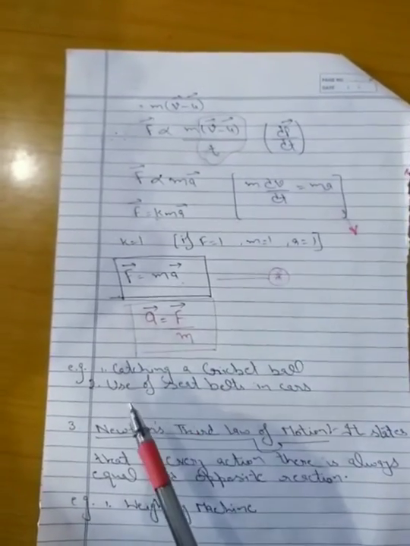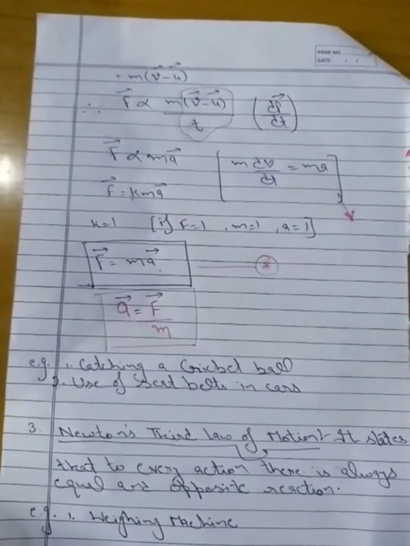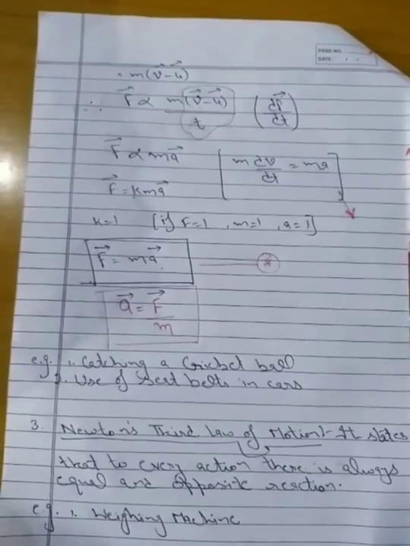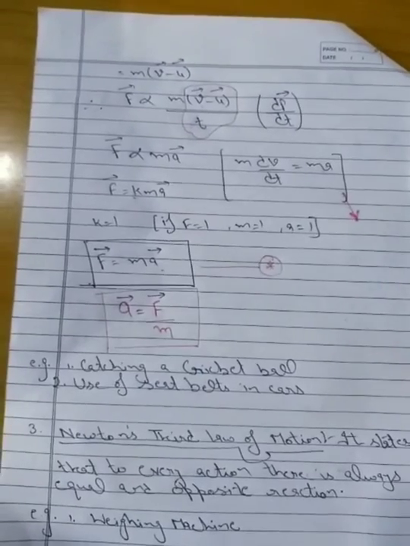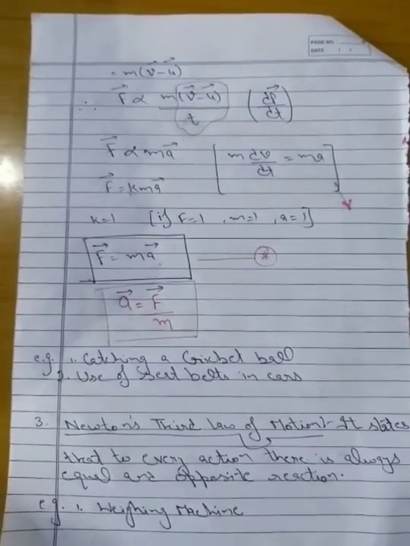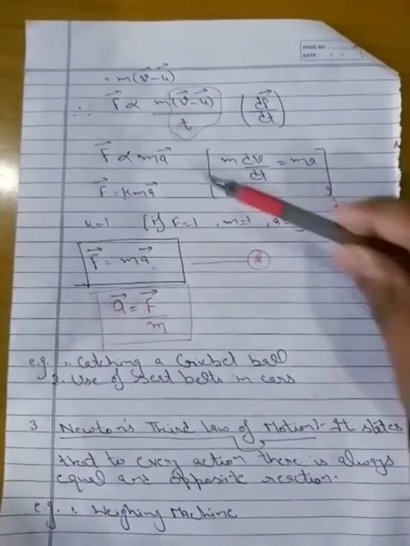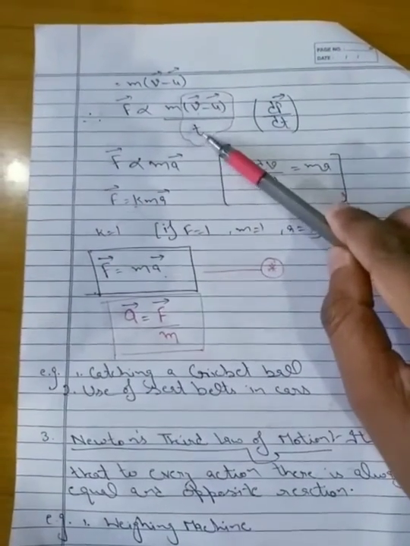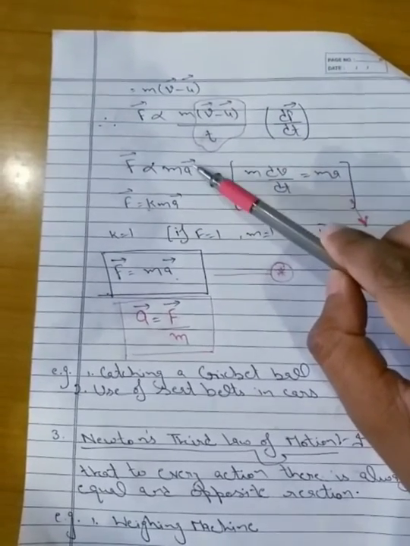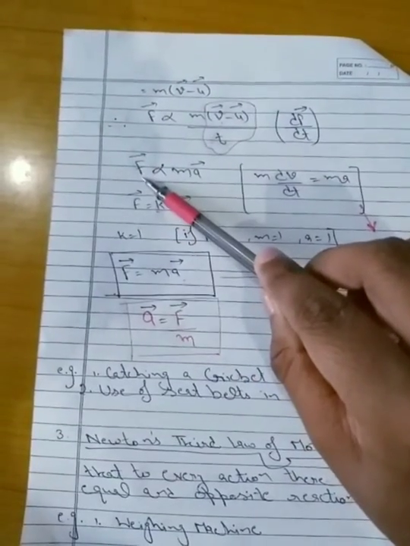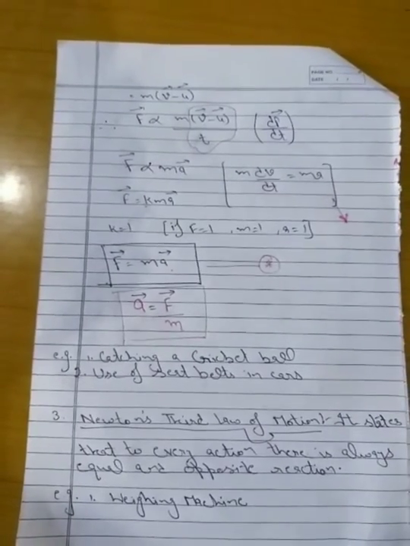And another example is the use of seat belts in cars. Now, if a person is driving a car and the car is moving with a very large speed, and the person suddenly applies the brakes, then the person may feel a jerk in the forward direction and may get injured. But if the person is wearing safety seat belts, then due to the stretchable property of these safety belts, the person has increased the time during which the change of momentum takes place, and simply decreases the acceleration, and hence less force will act on the body of the person, and hence the person wouldn't get injured, and therefore all of us must wear